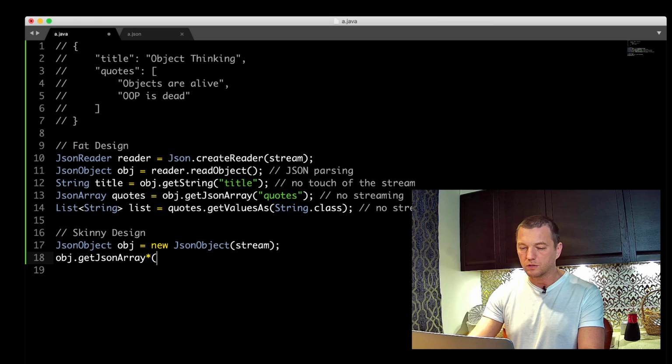No, sorry, not this way. We do it this way. To do the string, we do this object dot get element title